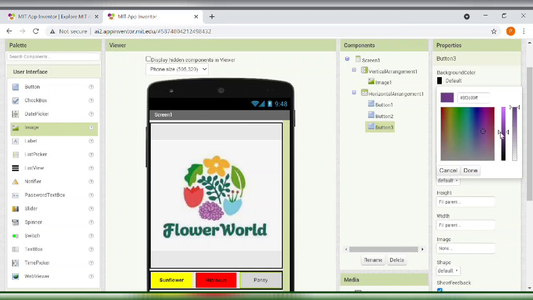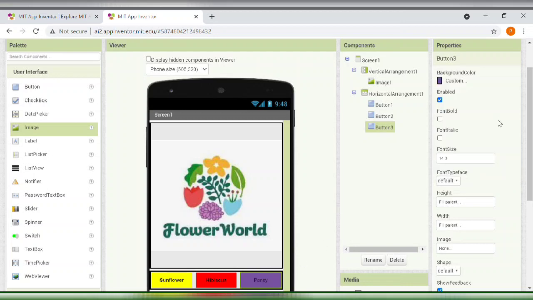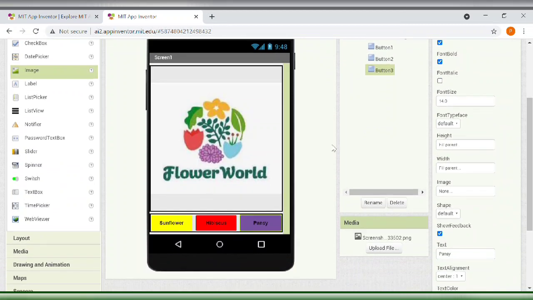No, it's very dark. You can take any color of your choice. I want to take the original color of the flower, so I'm taking these. And font bold. So now our interface is ready, but now we want the pictures of these flowers to be